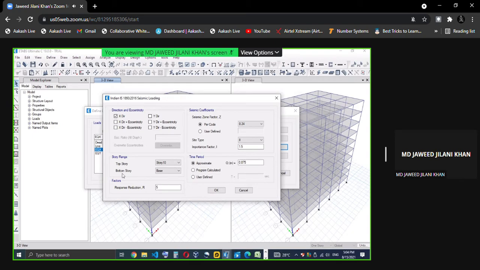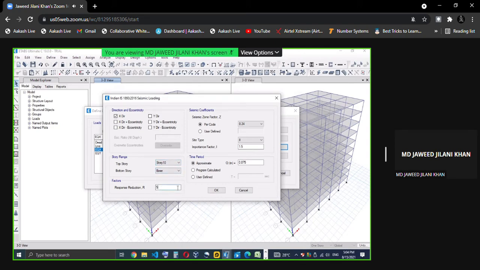Now, from which story to which story you want to apply the earthquake, you can select here. Say some basements are there. There are some clauses on whether it is connected with the frame or not, so you need to remove some basement, you can, but that we will discuss as per the code afterward.